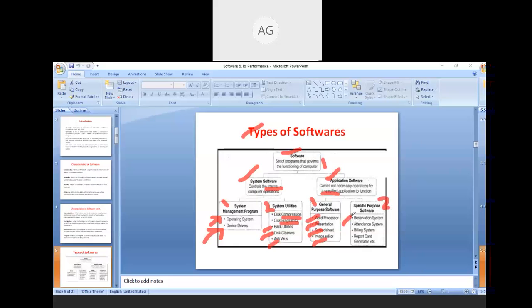First is the reservation system, then the attendance system, then the billing system, then the report card generator, etc. And I think most of you created software in your school days related to the attendance system, the reservation system, or the hotel management system. These come under specific purpose software. So moving to the next slide.